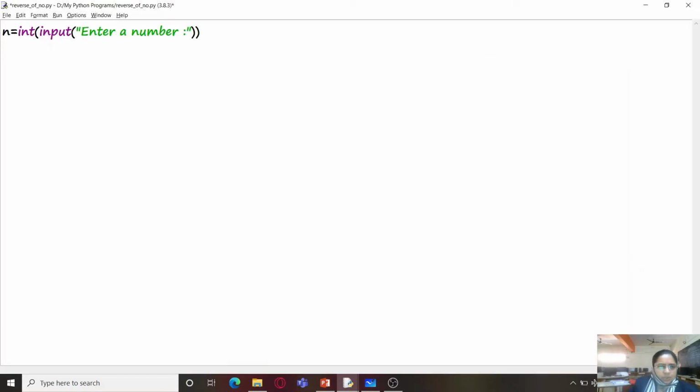So right now I did not show you the complete dry run because we need to trace the code. So we will deliberately try to commit an error, a logical error in the program. n is the number which has been entered by the user. Now I'm going to take new number, which is a variable which has been assigned the value 0. Now till when should we continue? While n is greater than 0. So I'm going to simply write greater than equal to 0. And here I'm going to first extract the remainder.